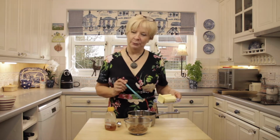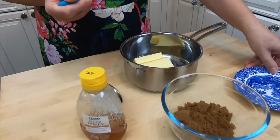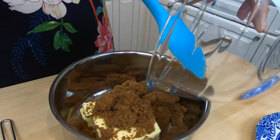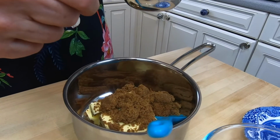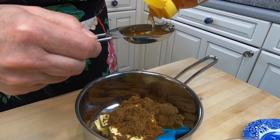We are just going to put the butter into a pan, brown sugar, and 6 tablespoons of honey. 1, 2,